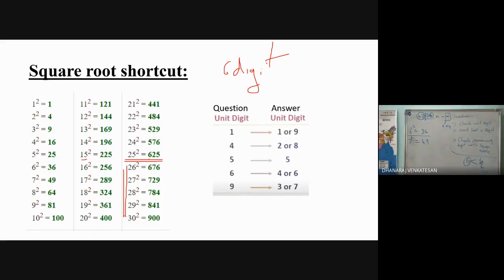Without checking anything, you have to take the least value. It will come between 6 square and 7 square. There is no need of checking anything. Take the least value. 6 and 7, which is least? 6. Directly put 6. Okay. We have found one digit of the two. It is 6. Okay. We have to find this one, whether it is 6 or 4. I will teach you how to find 6 or 4.